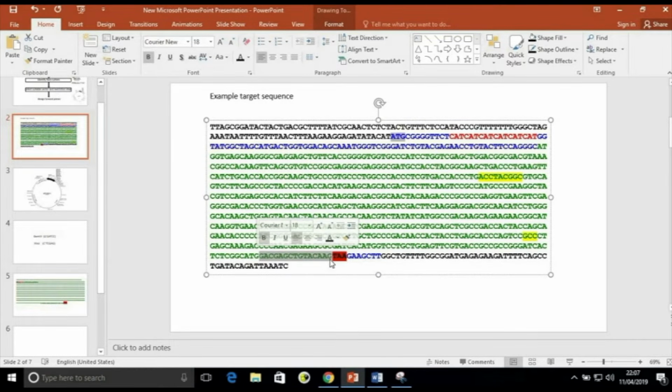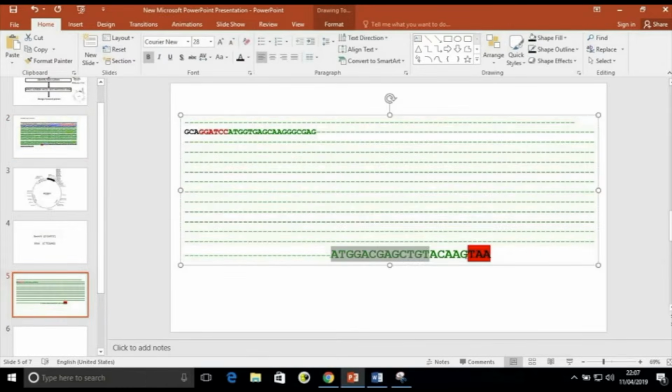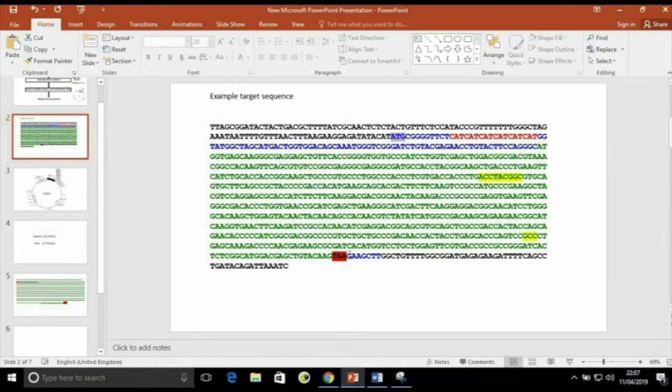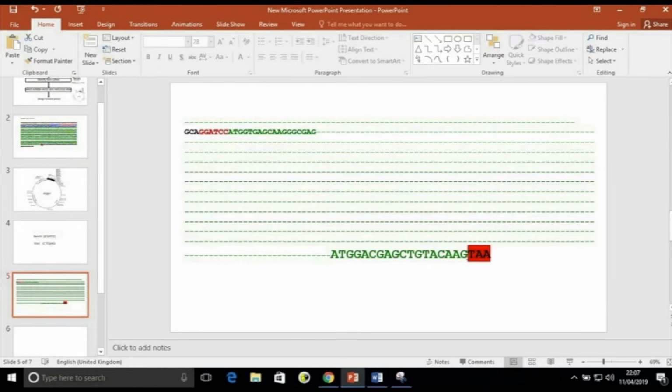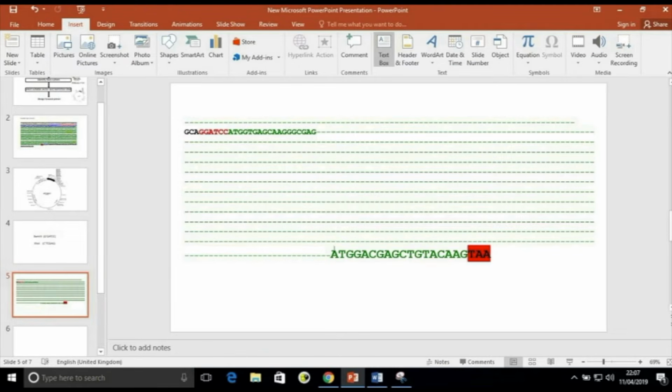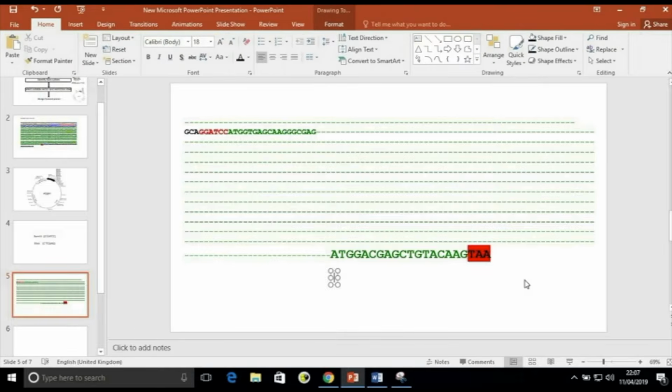But here we have to take complementary sequence, not 3 prime to 5 prime or 5 prime to 3 prime sequence. We have to take complementary to this one. Say this is the sequence we got from here. So what is the complementary to this one? So just I will add here.